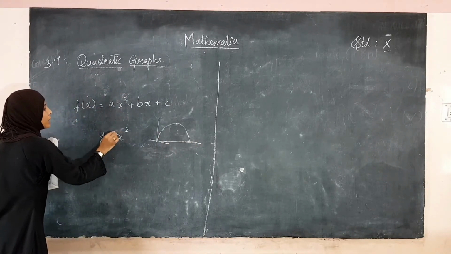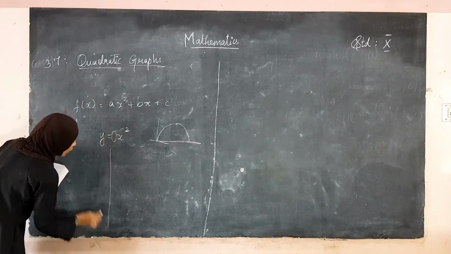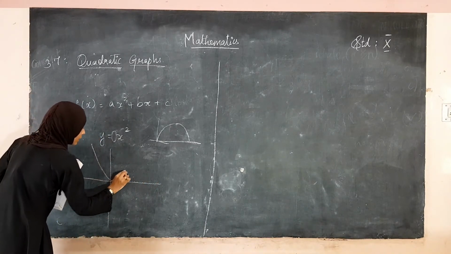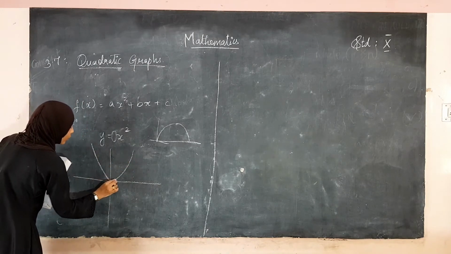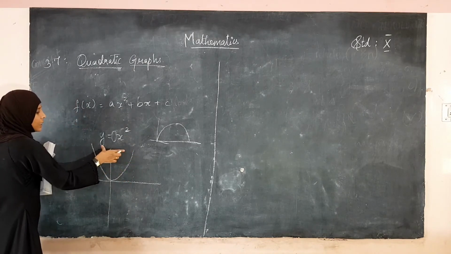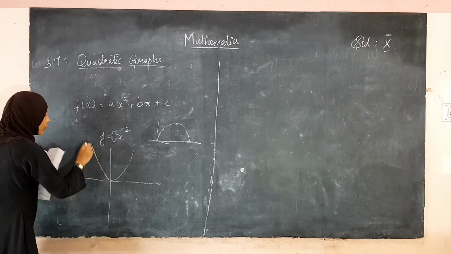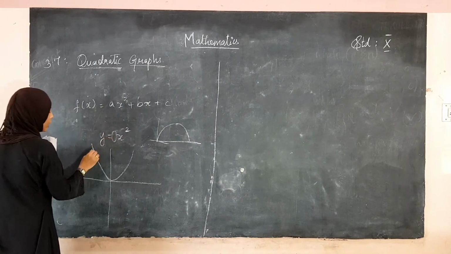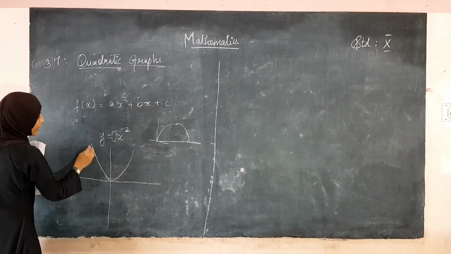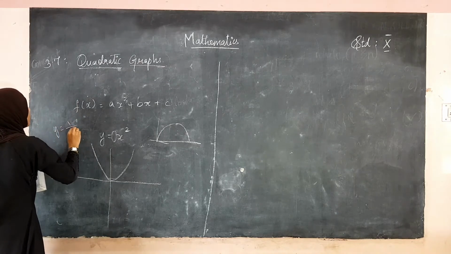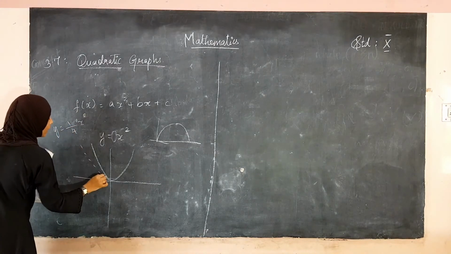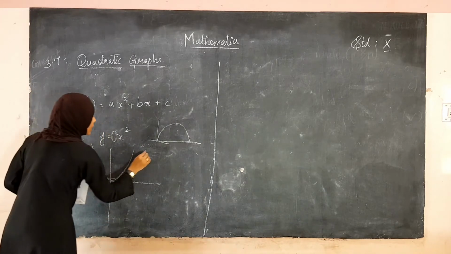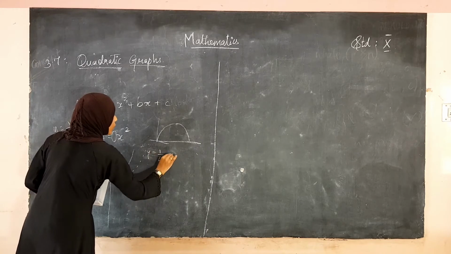See here, there will be some coefficient here. This is how a parabola will be in a graph. The parabola is said to be wider when the coefficient is small. See here, this is the y = x² graph. Here, y = (1/4)x² will be like this. The graph will be much wider when the coefficient becomes smaller. This is y = (1/4)x².